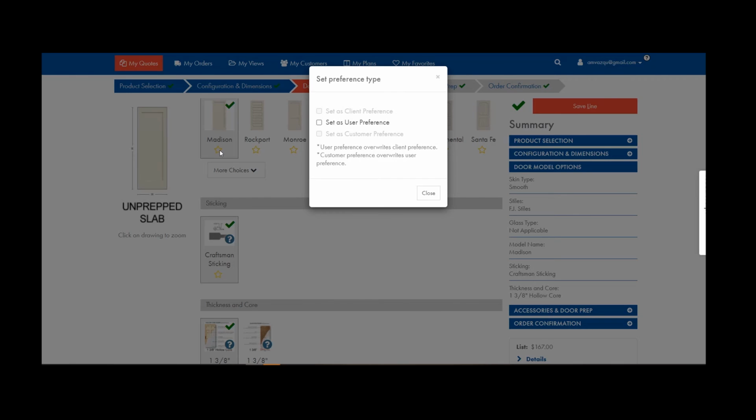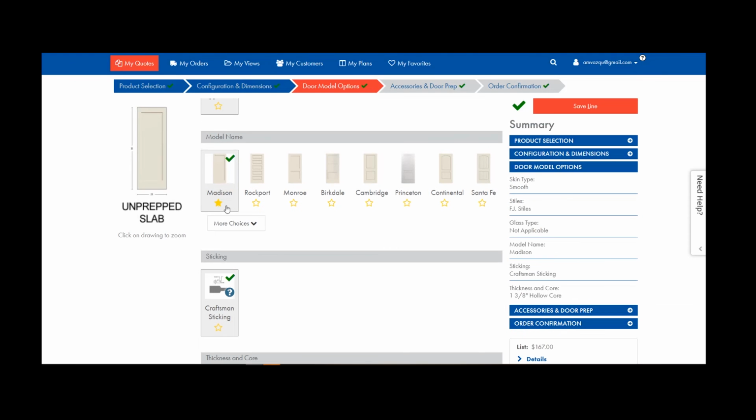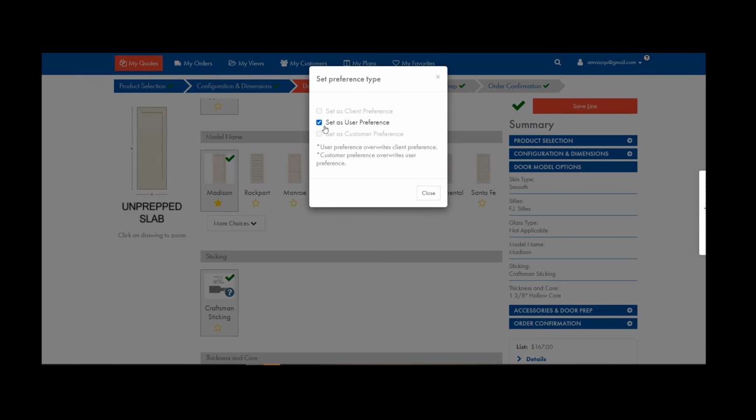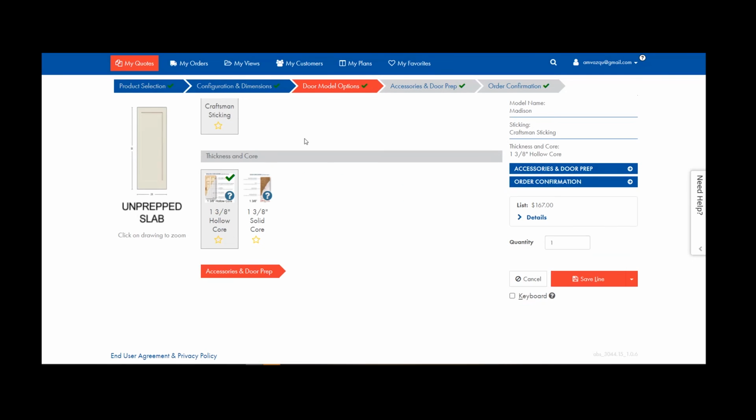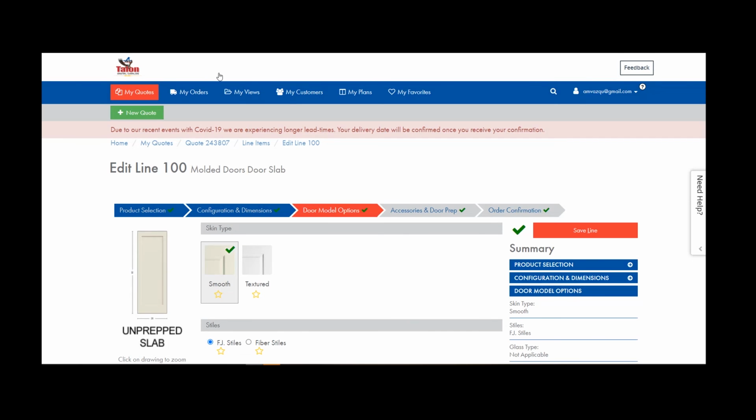I personally don't think you should set that, but if you know your customers always buy 6 panels and you don't want to have to answer that question every time, you can definitely set that as your preference. And you'll notice once you do that, the star turns solid. You can easily turn it off just by going back in and unselecting that. And then the star will be clear again. Okay, so let's go back